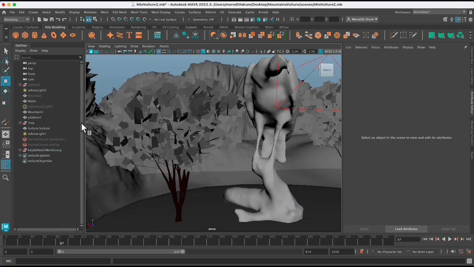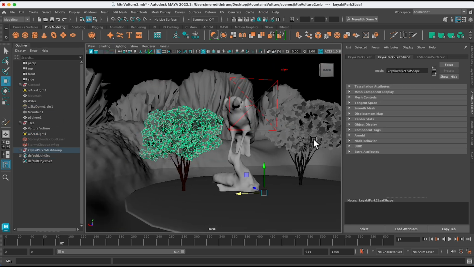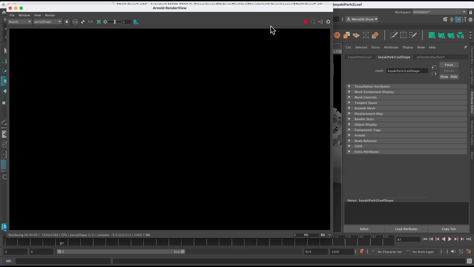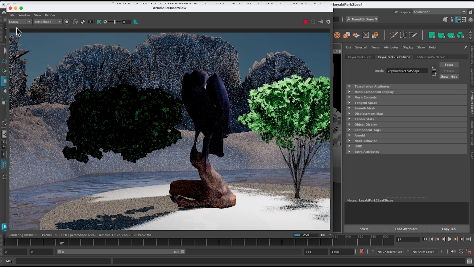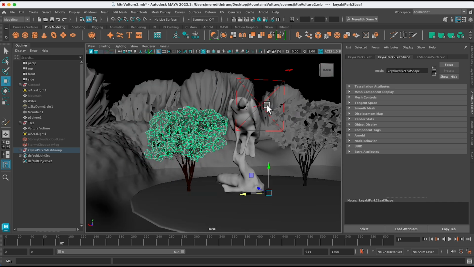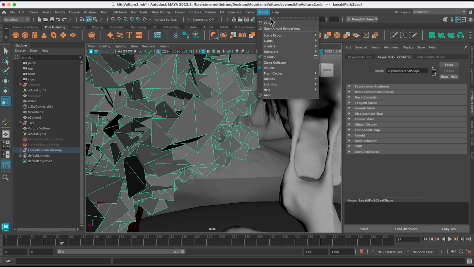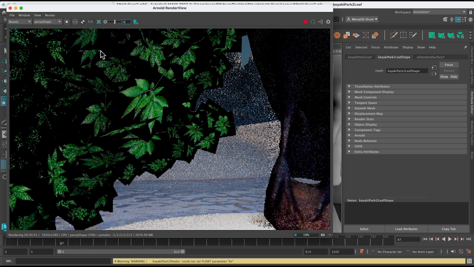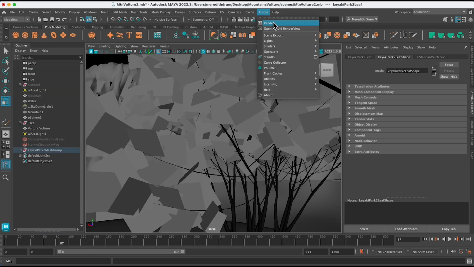But just to show you what I mean, I'm going to turn back on my Skydome light, and let's compare the two. One has an opacity map, the other one doesn't. You can see here that this has those green leaves on it, green picture, but it doesn't have the opacity map, while this one does. Here, I'll just zoom in so you can see what I mean. Maybe we'll make this light a little bigger so it shines on those as well. Let's go in close. We can see that it's got the image, but not the transparency, while these do have a transparency.